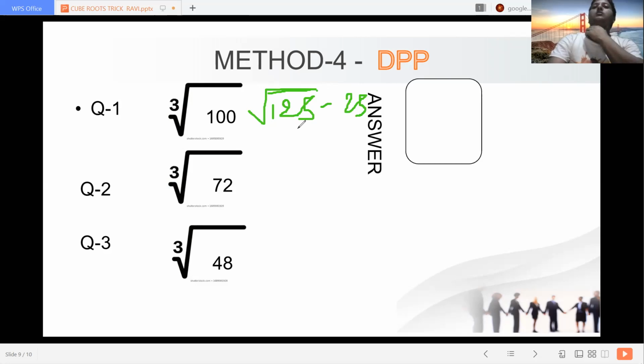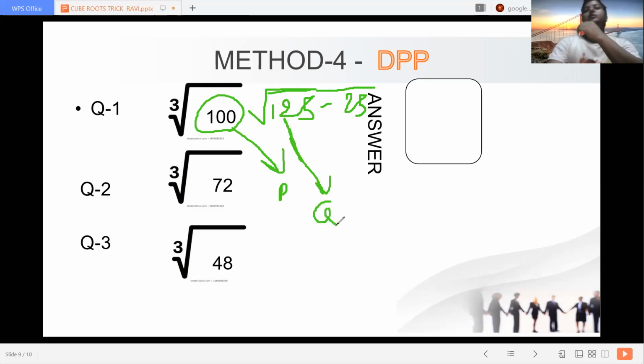Here P is 100 and Q is 125. Directly using the trick, the cube root of 125 is 5,